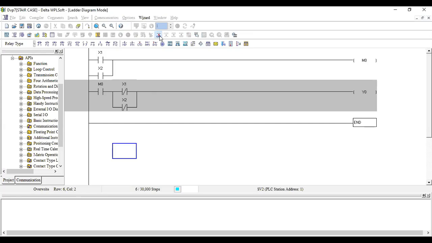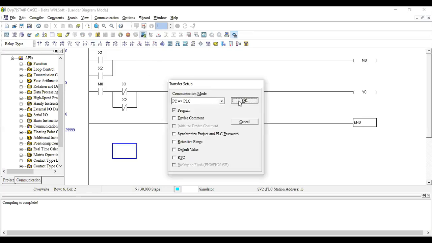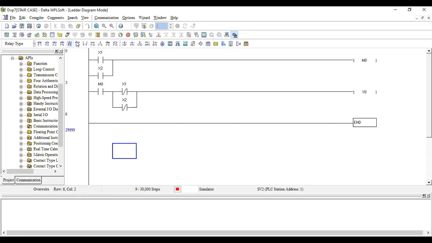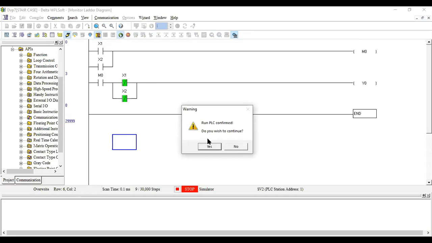We'll see it. So I'll just run the simulator. Write to the PLC and enable online mode. Let's see it.